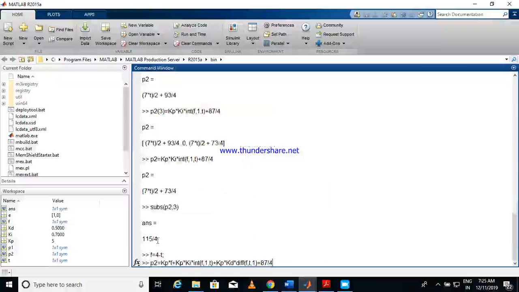Okay, so this is my P3. Now this one should be starting from 3. It should be like this. Okay, remaining things are as it is, and this constant should be 115 by 4. Okay,